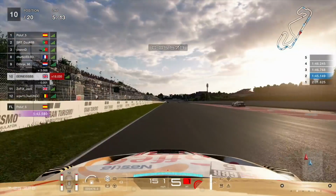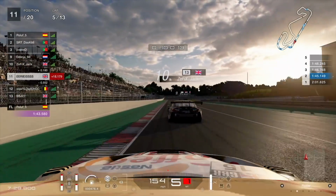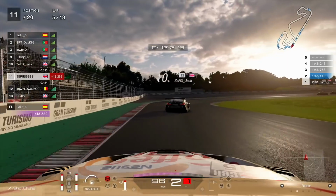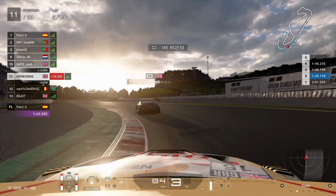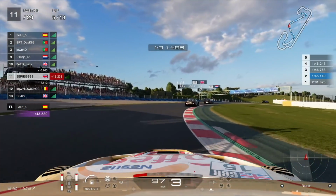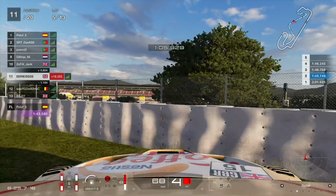But I'm not going to be there for long, as the Brit who is on the softs that only changed them a couple of laps ago is going to come past. I'm not going to fight it there, there's just absolutely no point. All it's going to do is just add time to my total race time, which I cannot afford right now. But to be honest, I probably should have done, because coming up through the right hander on the straight here,